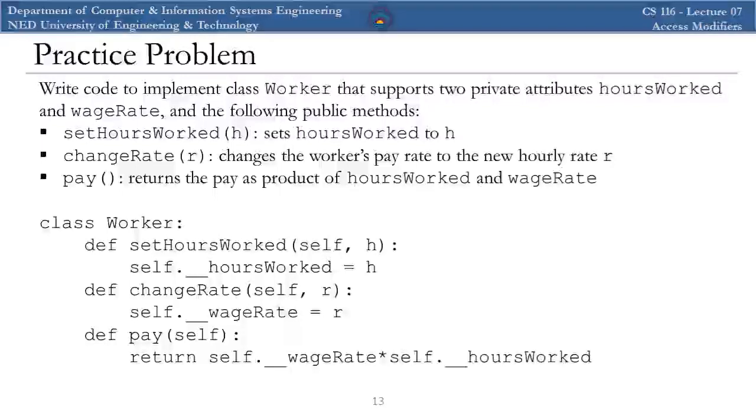Now what I want you to do is just write some test code and see whether you can access these private attributes or not, and try using that expanded name convention, and see how you can access them. So that test code is for you to write. Okay,